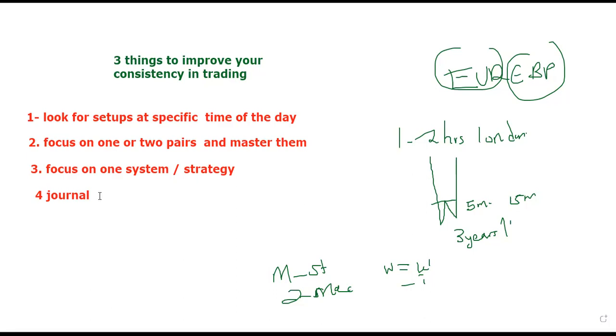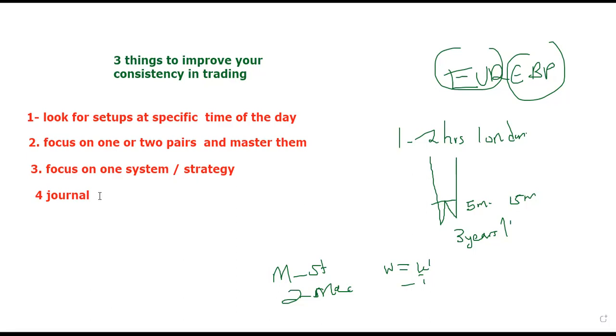So you're going to have a journal, and this journal you're going to review after some time, and it's going to help you to become profitable, guys. So these are the 4 things that you need to focus on in order to become